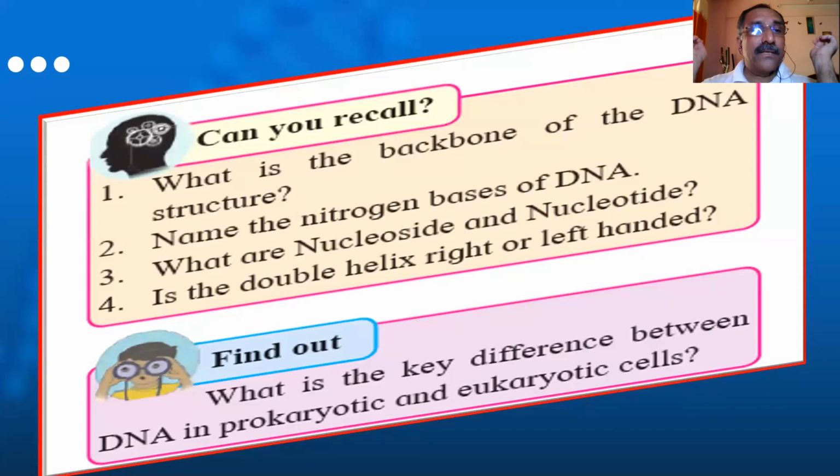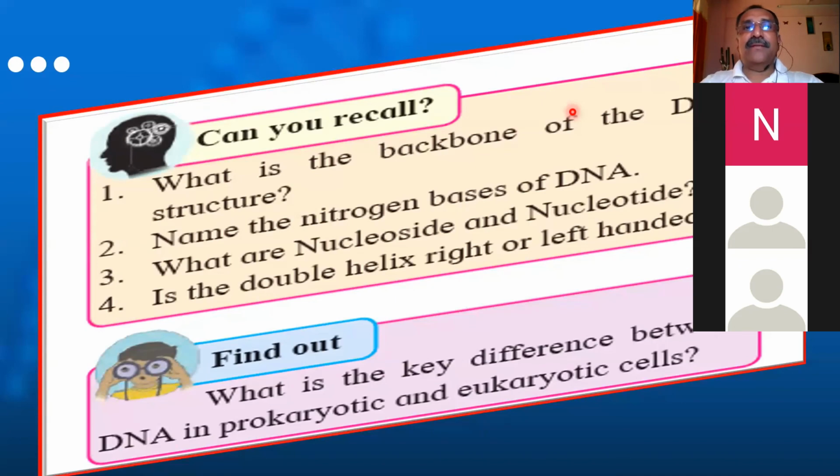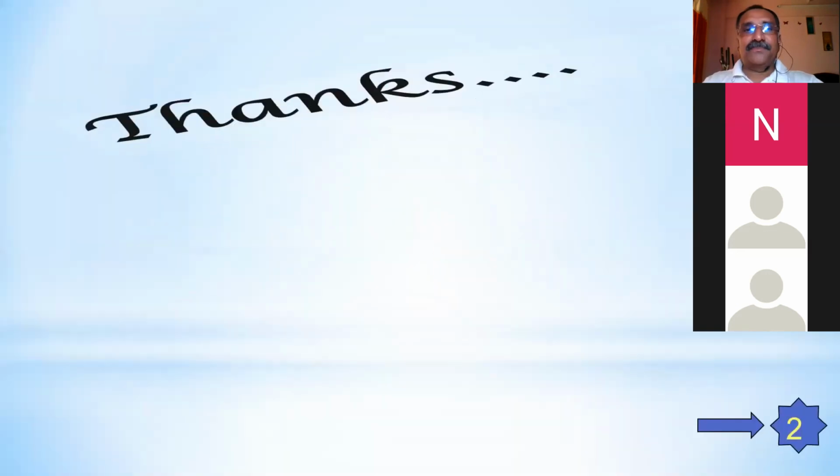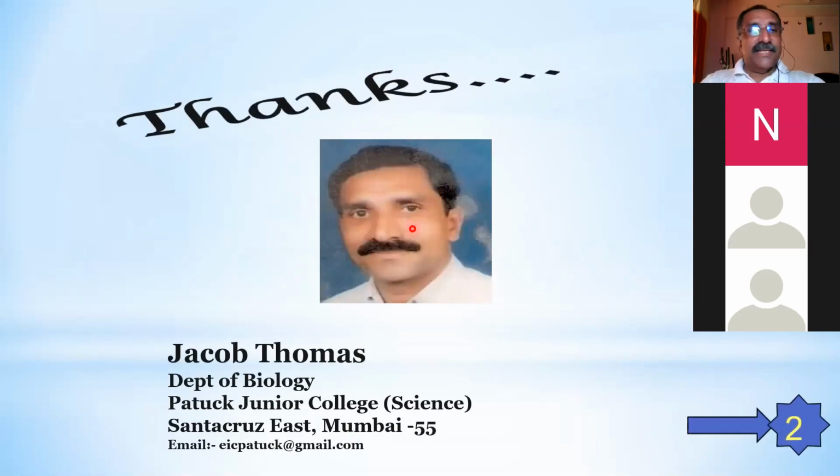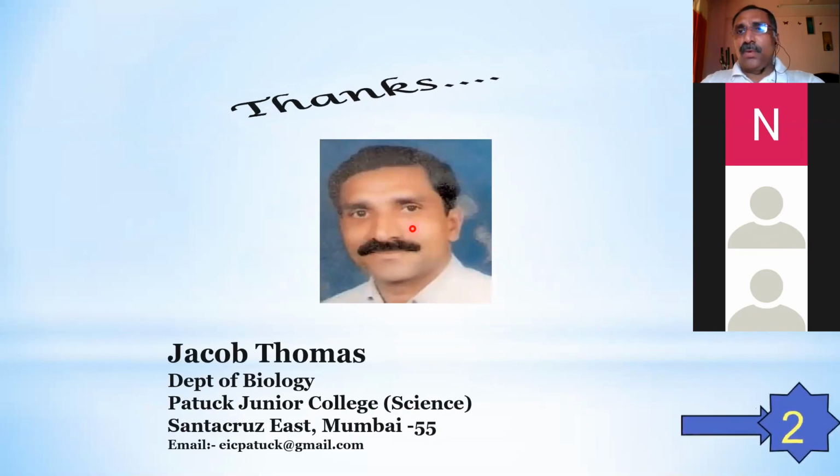Double strand and single strand. Yeah, single stranded. Yeah, Aryan has written the answer for the last question. The key difference between DNA in prokaryotic and eukaryotic is that one is double stranded, the other one is single stranded. And other points also you can write over there. For time being, we'll finish it off now. Now this question is clear to you. Now we come to the end of the topic. Okay. Now this part 1 is completely over.